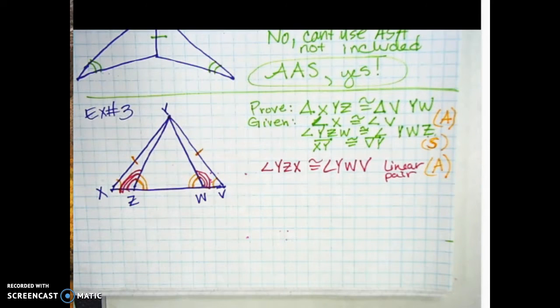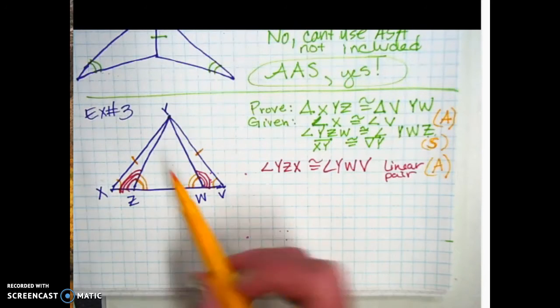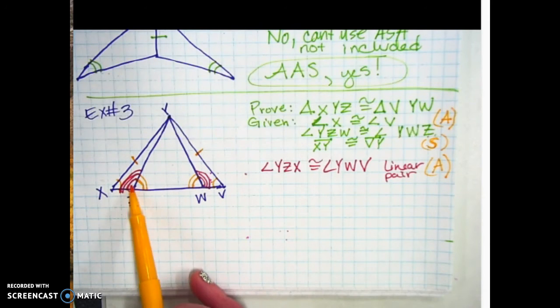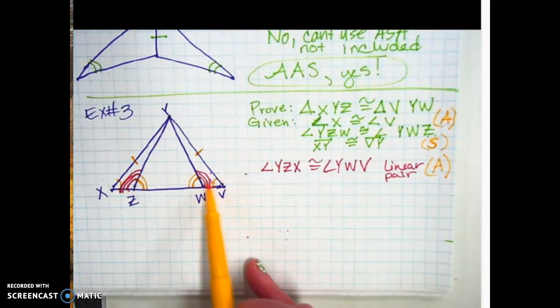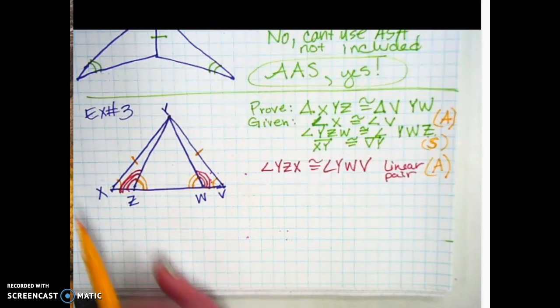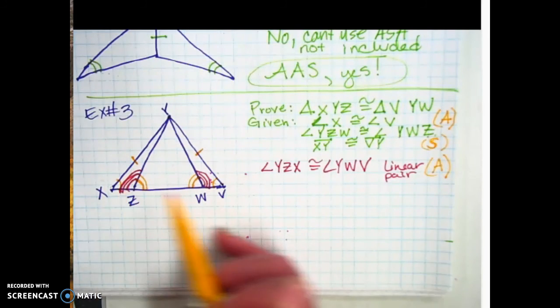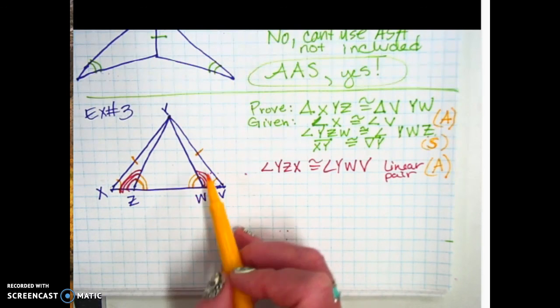If you want to flip over to the next page where we have our 5 triangle congruences that work, we need to determine which of those 5 uses an A, an S, and an A. Right? There's angle, side, angle. Is this angle, side, angle? Yeah. Are you sure? No. Look at it very carefully. Is the S included between those 2 angles? No. If it was, that tick mark would be in the middle over here. I don't know where we'd fit it because it's really small, but this isn't a